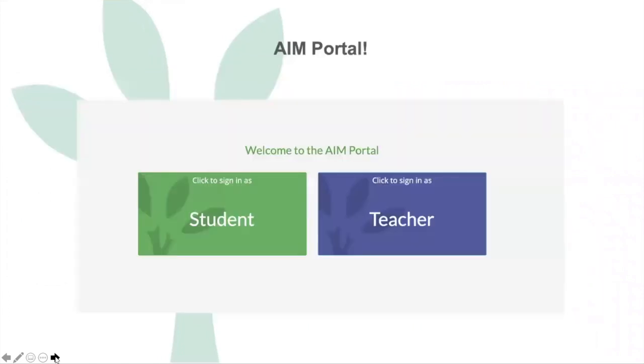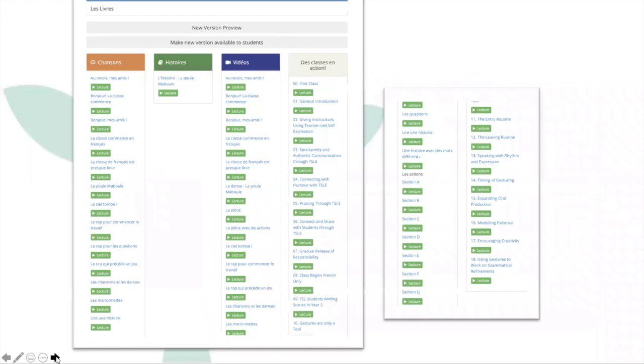Our AIM portal now comes with every single new edition kit. It's a wonderful resource for teachers that replaces the discs that we used to include in our more outdated kits. It allows both students and teachers to access all of the digital materials. So this is an example of what your one kit platform would look like. In each kit, you'll have